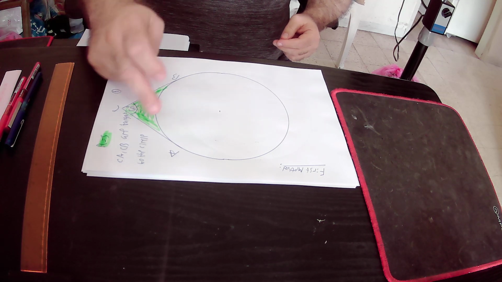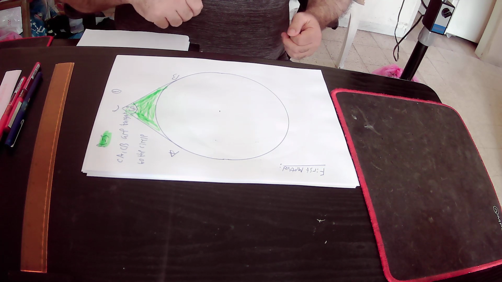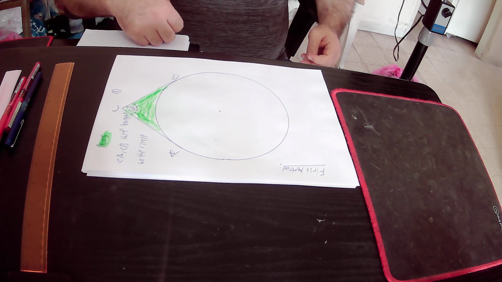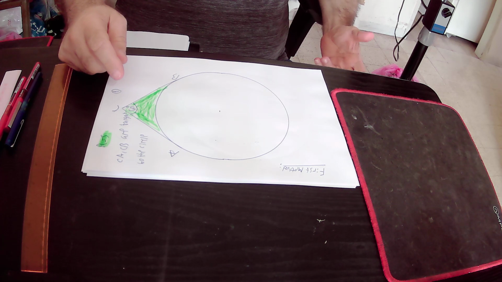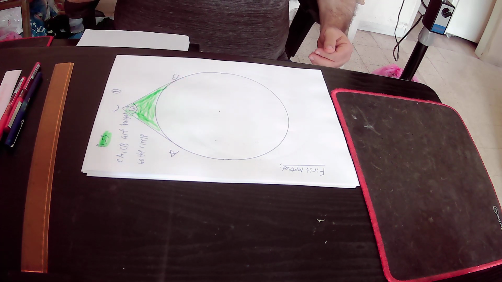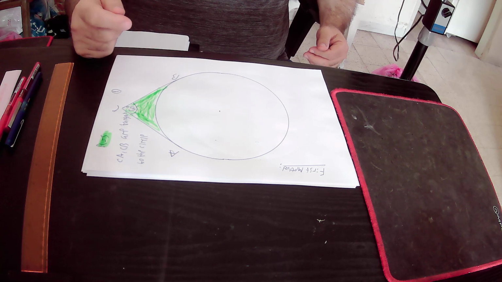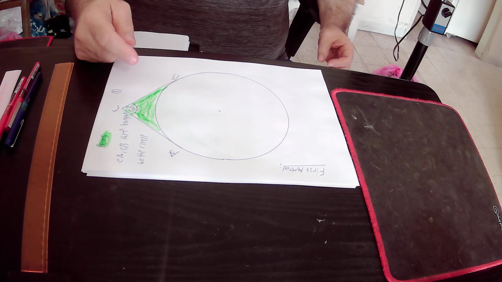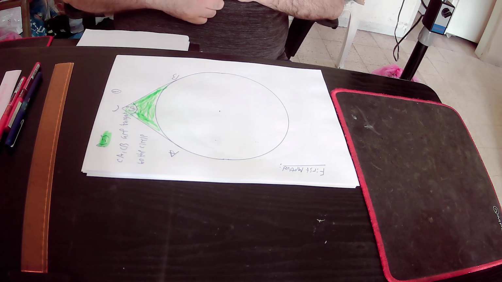We know that angle ACB equals 60 degrees, and we also know that line segment AC is tangent to the circle at point A, and CB is tangent to the circle at point B, and we want to find out the area of the green shape. So we start with the first method,